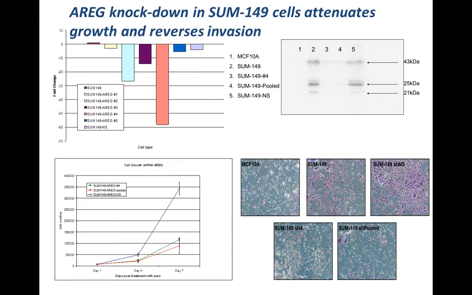And so, you know, in the 21st century, when we find a protein that we're interested in and we want to study it more, we knock it down. We shut it off using shRNA or, more recently, CRISPR-Cas technology. So a number of years ago, we took our SUM149 cells, used shRNA technology, and knocked down AREG, and we developed a bunch of different clones that had different levels of knockdown of the protein. And you can see that here.